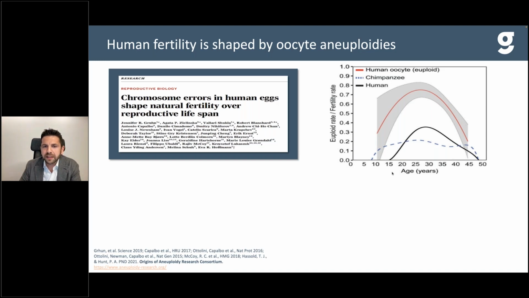Now, in this study that was led by Professor Eva Hoffman, you can really appreciate how important meiotic aneuploidies are for human fertility. In the red curve, we have the euploidy rate that was derived from direct observation of thousands of oocytes collected across the board of female age. You can see how this U curve perfectly shapes the curve of natural fertility over the reproductive lifespan, from menarche to the menopause, meaning that meiotically derived aneuploidies are really the ones that matter for human fertility and, of course, for a successful